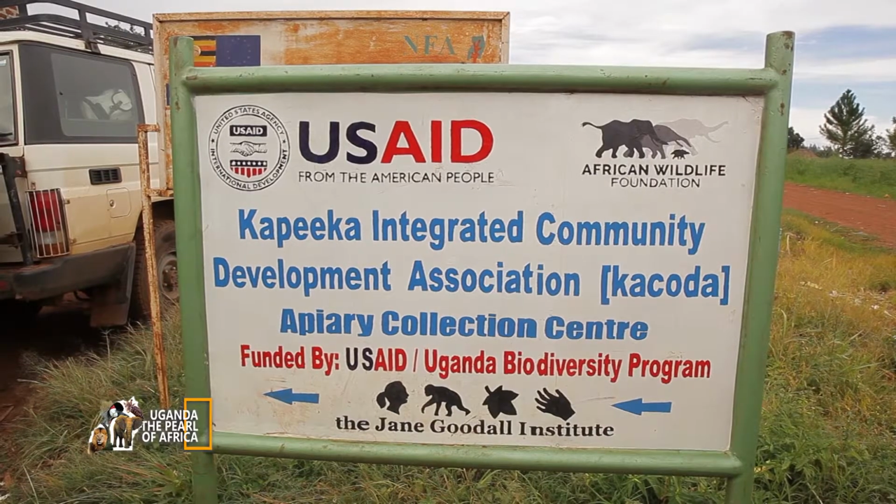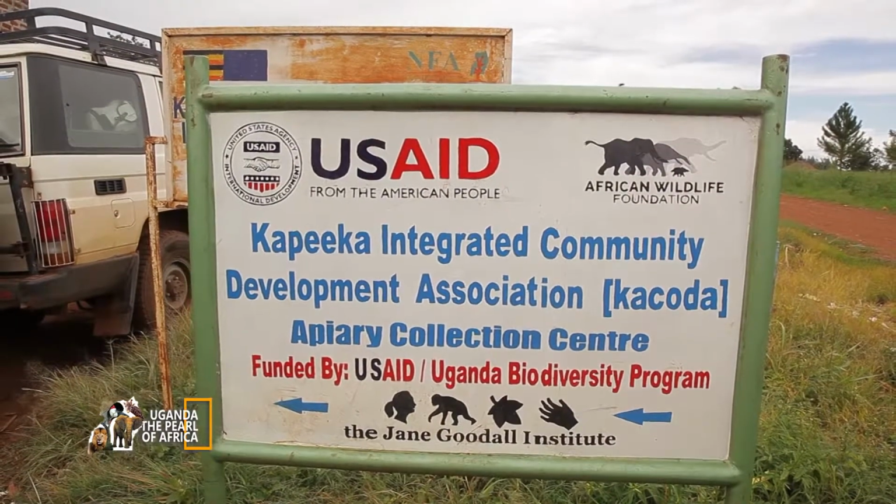We also support the authorities, NFA especially, with technologies that help in monitoring and research of chimpanzee population and chimpanzee behaviors, but also the people outside. These technologies are used by both NFA staff and local communities. We also do support NFA in extending services to the communities, including supporting communities' livelihood activities, but also we support local governments in supporting the communities that are living adjacent to private forests and community forests, even public forests that